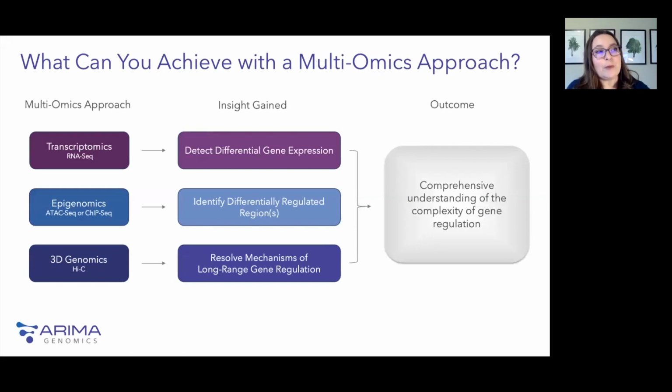And so one of the common ways that we see our customers using a multi-omics approach is by combining 2 or 3 of these technologies. So oftentimes people will have transcriptomic data. So they know that there is differential gene expression between, say, 2 disease states. They may follow that up with ATAC-seq or ChIP-seq to identify what regions of the genome are being differentially regulated